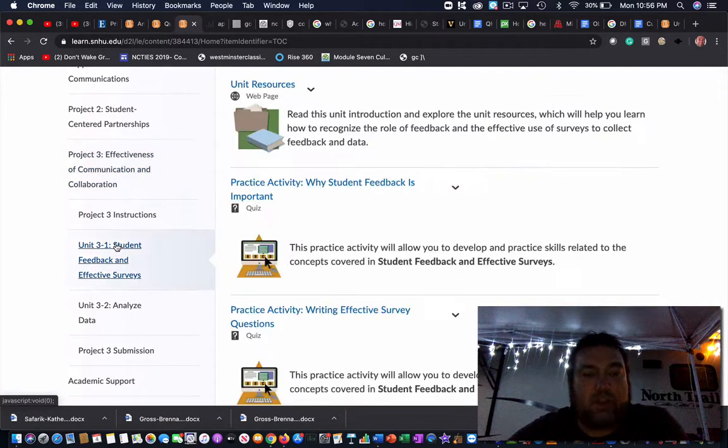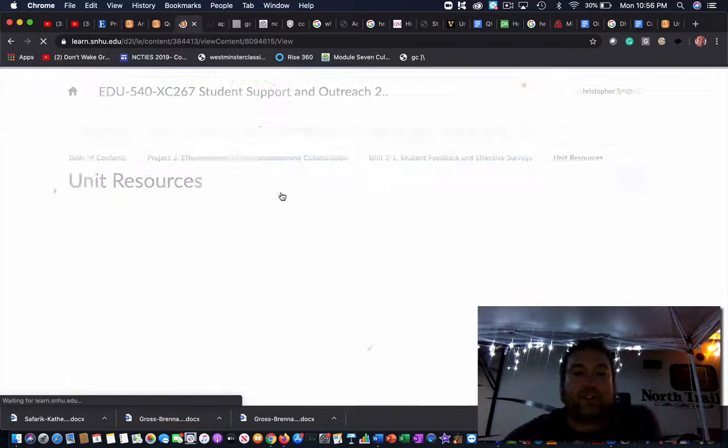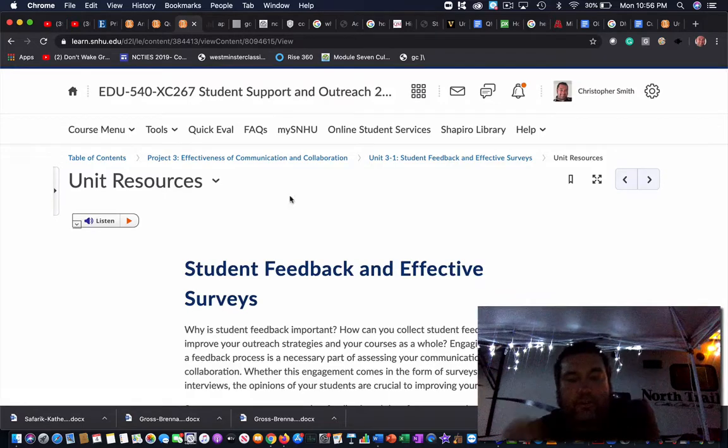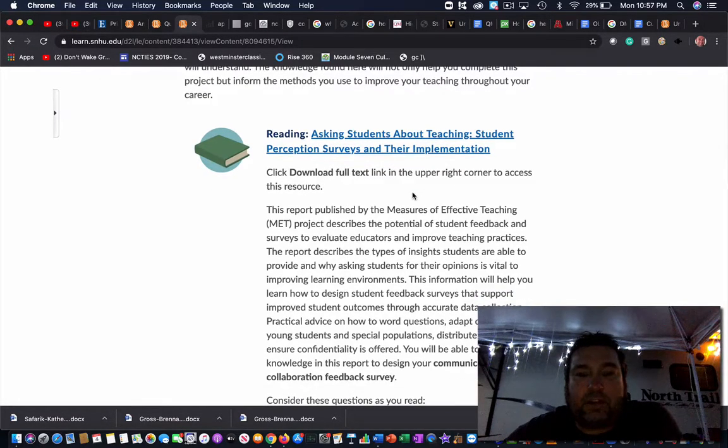So if I go into that link, you have some unit resources. And as I go down through the list of those resources, you have a reading, a paper, that is a full text on asking students about teaching, student perception surveys, and their implementation. So that is very important that you read that entire article or publication, and would probably be something good to